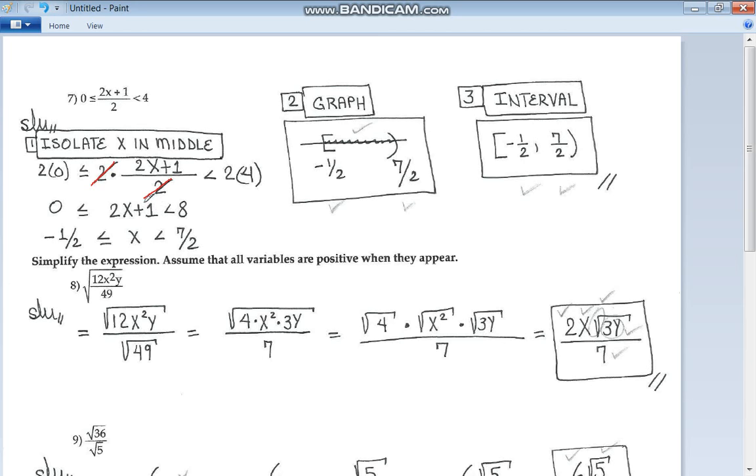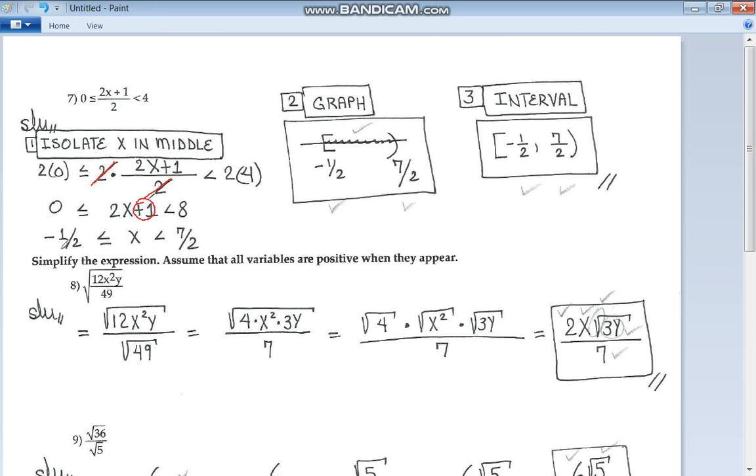Next, we're going to get rid of this 1 because we're trying to get x alone in the middle. We're going to subtract 1 from all 3 regions, and then we're going to divide by 2. I did it all in one step. I should have done it in 2 steps. So if we subtract 1 from all 3 regions and then divide all 3